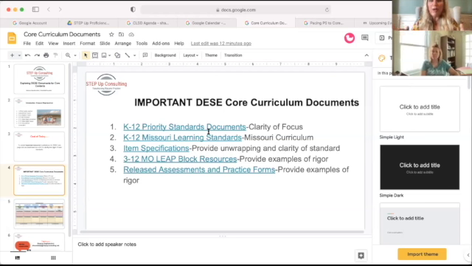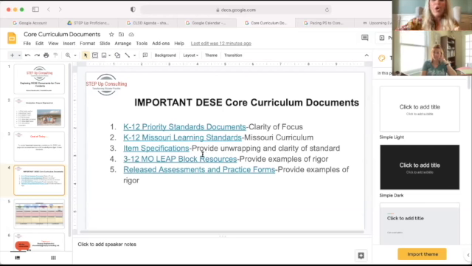We're all still responsible for all of the Missouri Learning Standards. Those we're figuring out how we still have to cover. So I just want to make sure you know where those live. Three, and we've had these for the past two or three years, are the item specification documents. Those are the documents, and again, I'll get into them, but they're really helpful in providing some of that clarity of unwrapping the standard. Now, not all of them are as fleshed out as others, right? But they're still a good starting place when you're developing assessments to make sure teachers are aware of those item